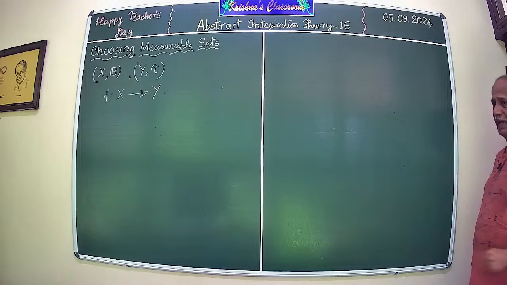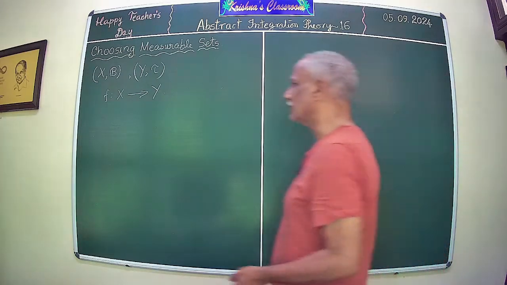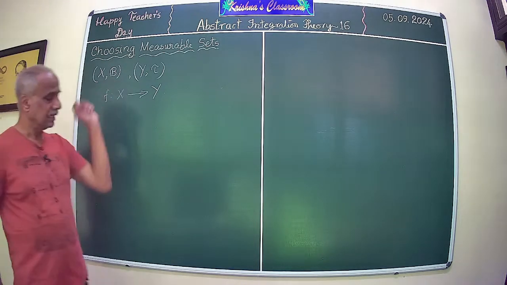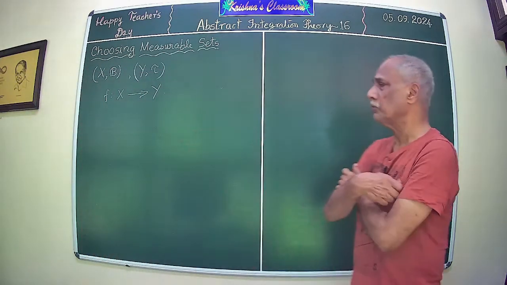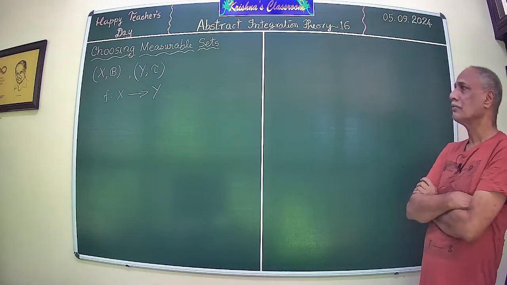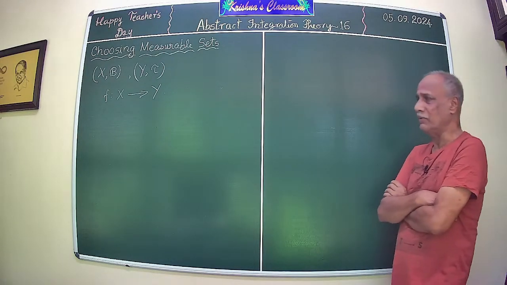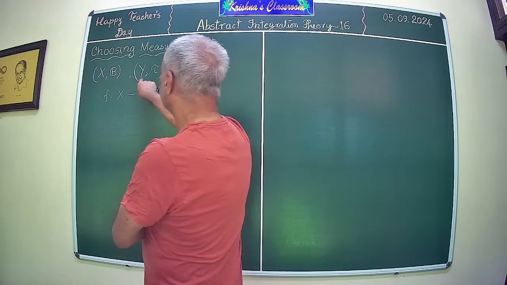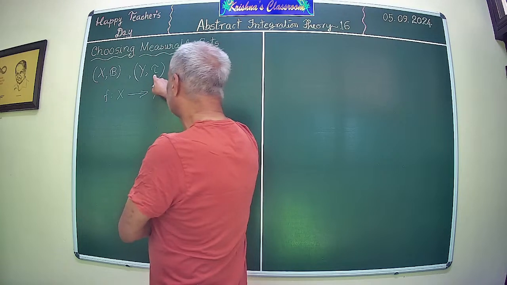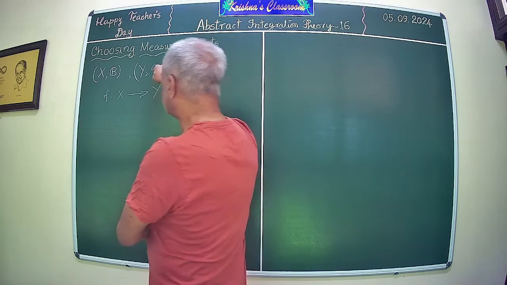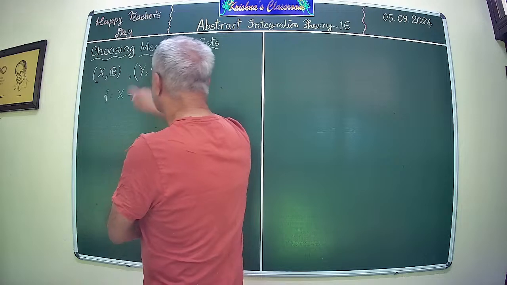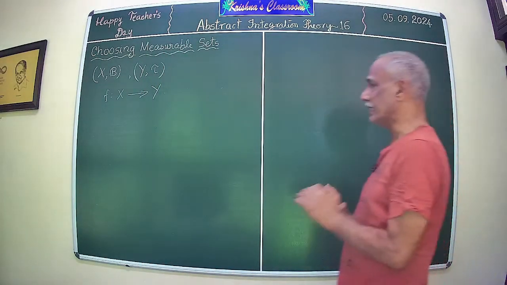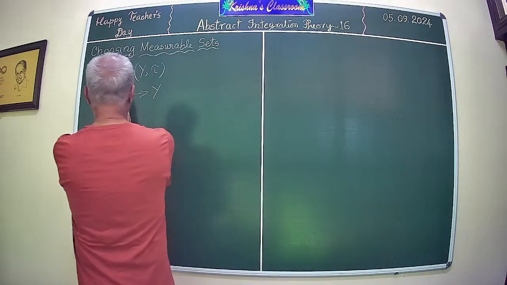Now you see, you have X. You're not making any special assumption on that. The collection B of subsets is what you call a sigma algebra, with certain properties which we have already explored. And then you have a topological space Y with a collection of sets along with it, designated by tau, which satisfy a certain set of properties, and the elements of tau are called the open sets. And we are generally working on mappings from X to Y.